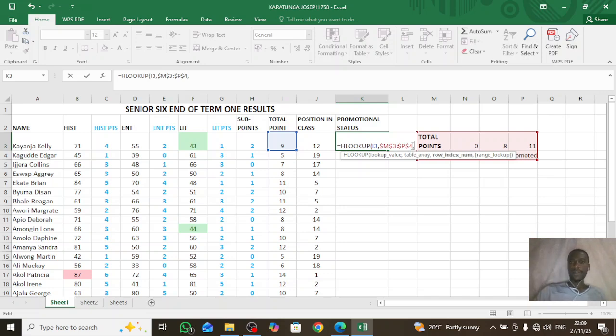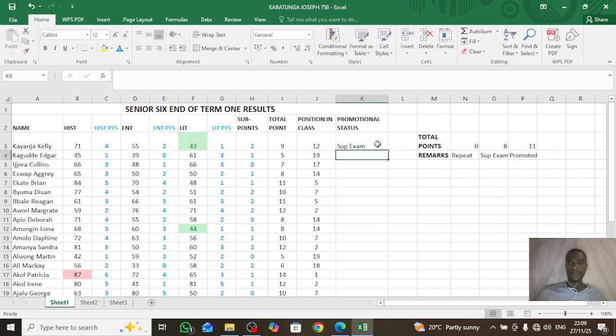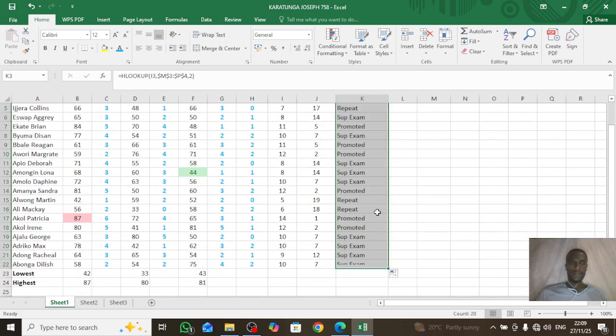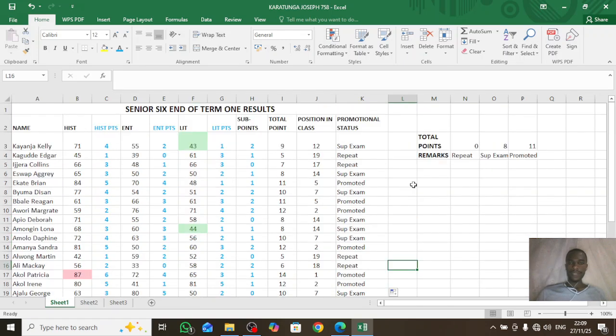Then they're asking me for the row index number here. The row index number, I'm referring to row 2, which has our comments. I put 2. Then I close brackets and I enter. Okay, this is the super exam. Then I can drag fill for the rest of the students. Okay, that's how we